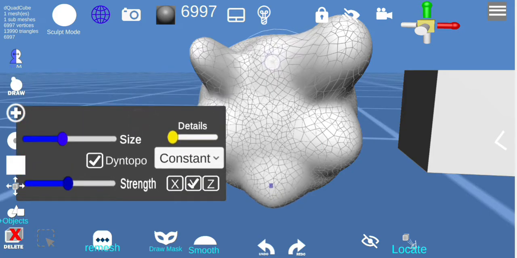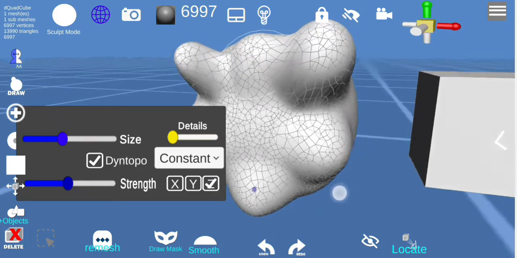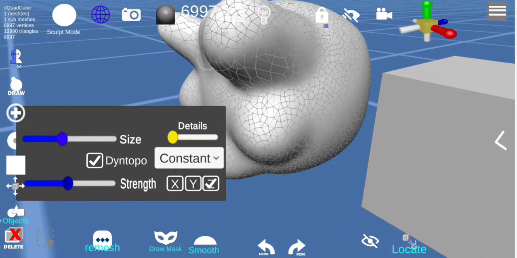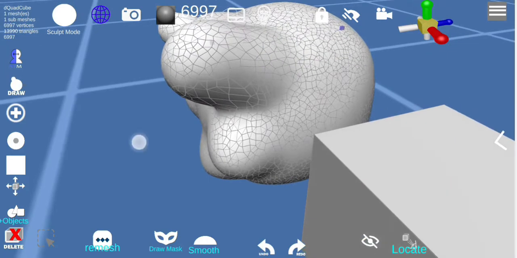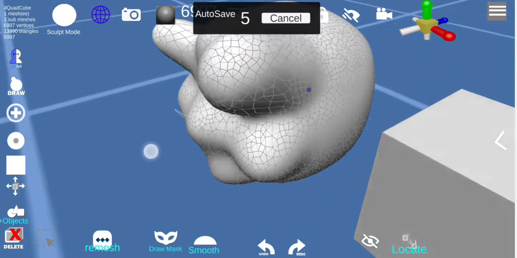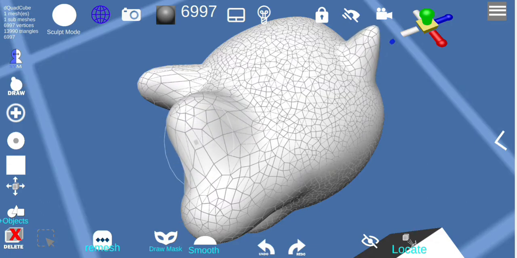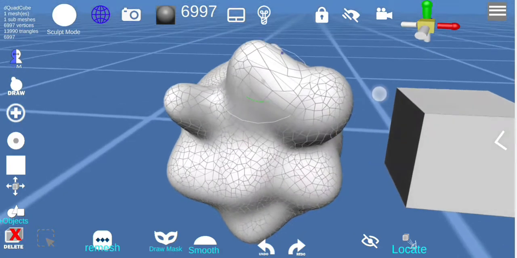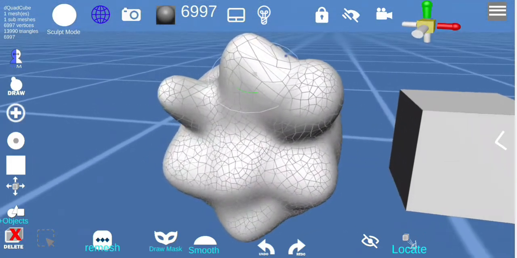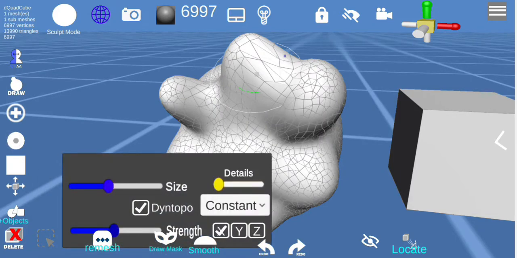So if you want to just use symmetry on the y-axis or on the z-axis, like this here, probably see it higher. Oh, that's the autosave, turn off. And that's on the z-axis. And the axes all connect with this gizmo here. Okay, and go back to X,